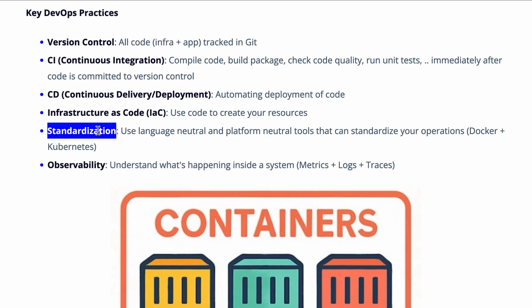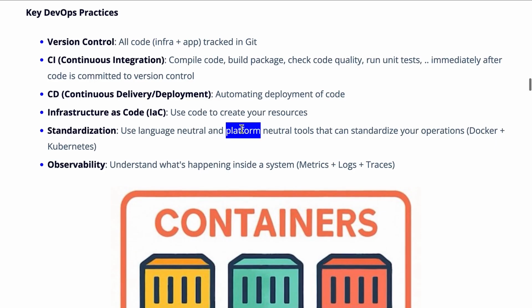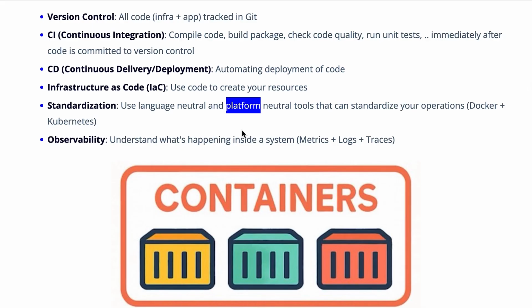Typically, you would be using a number of different languages to build your applications. Maybe Java, maybe Python, maybe JavaScript. You might be using different kinds of languages, and you might be deploying your applications on different platforms as well. You'd want to run your application on your local. You want to be able to run your application in a dev environment which is on premises, or you might want to run it on the cloud.